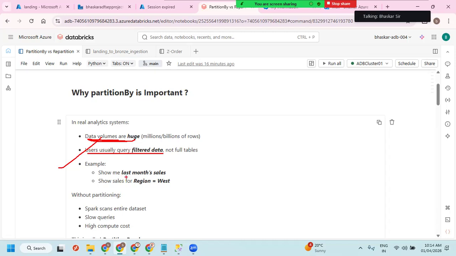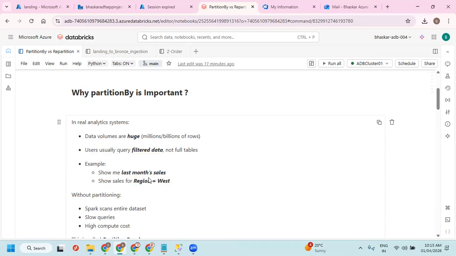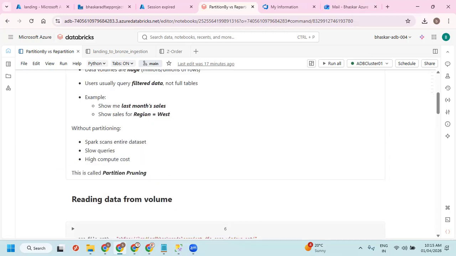The example I have given here: last month sales, if you wanted to get it, or region equal to west. When they're applying a filter based on the region, then we can create a partition on it. If you go without partitioning, then it is going to read the data from all the files. So Spark scans the entire data set. Slow queries, high compute cost, because